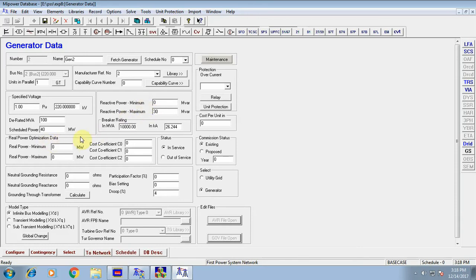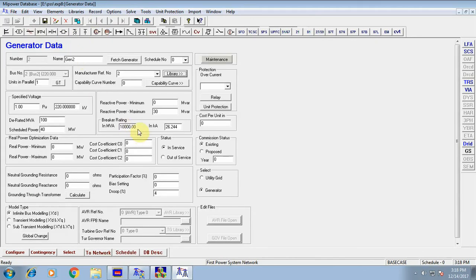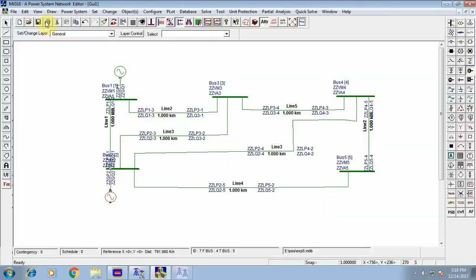Okay, and then click on this library, and then we have all the details over here.